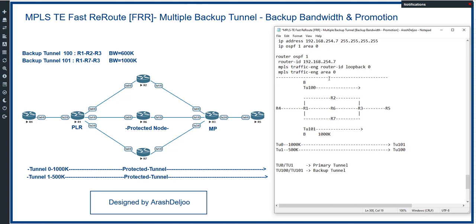If you don't configure the amount of bandwidth that every tunnel can forward, the traffic engineering may use tunnel 100 or tunnel 101 for tunnel 0 or tunnel 1, and this is not a good choice. You need to configure the backup bandwidth on the tunnels so TE can understand how many bits can be sent from that backup tunnel, and because of that it can